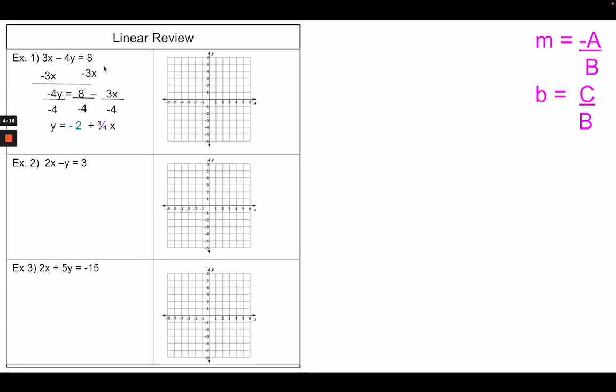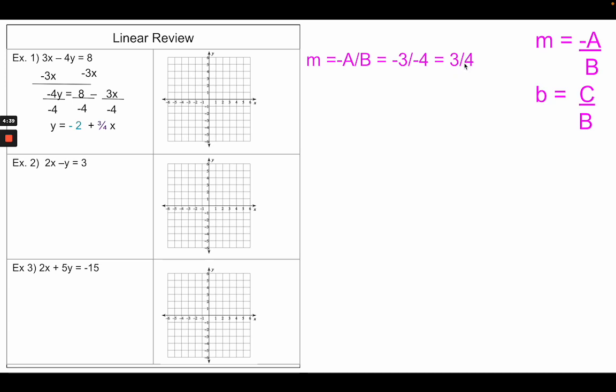So I'm going to take this formula, m equals negative a over b, and I'm going to plug in my a. So my a is positive 3, so this becomes negative 3 because I want a negative a. b is negative 4, so I'm going to divide it by negative 4. I'm going to simplify and get positive 3 over 4